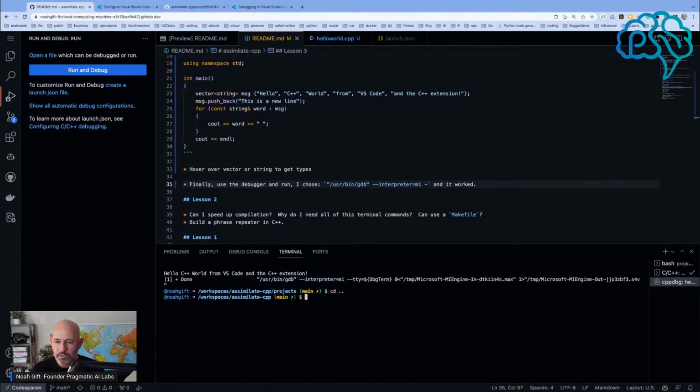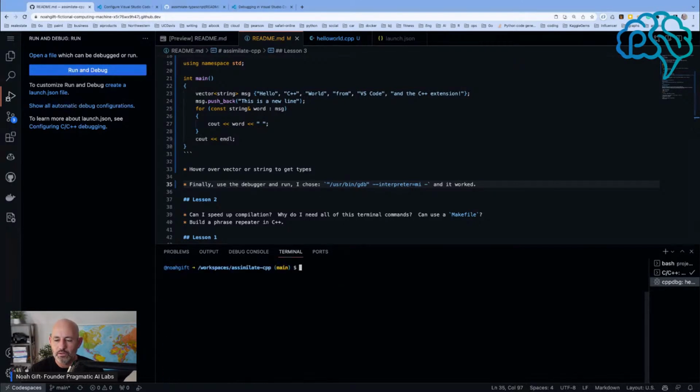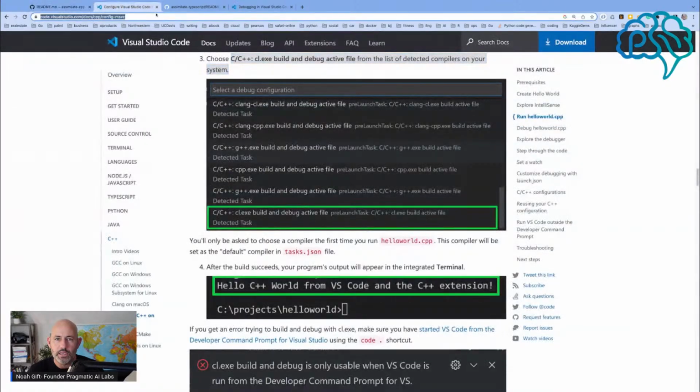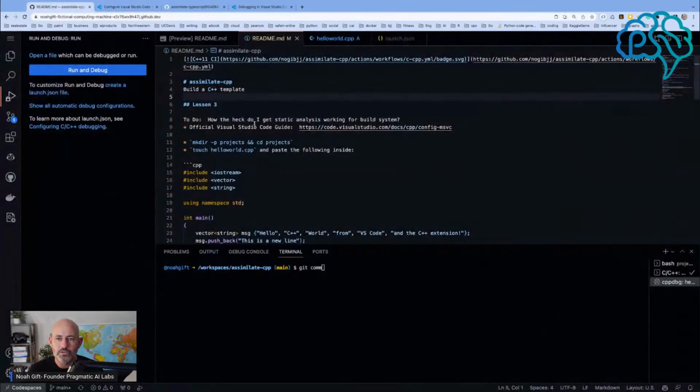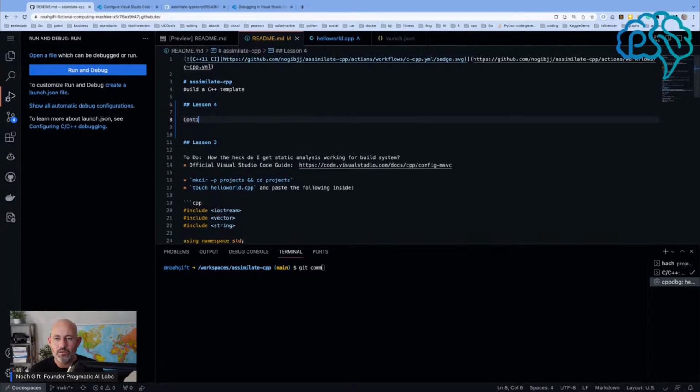Let's keep going here. So let's say git status, git add, git commit. But actually, before I leave, what I want to do next is continue to go through the Visual Studio Code docs. So I'm going to say lesson 4. I think the environment is just critical. So continue to go through the entire Visual Studio Code guide documentation